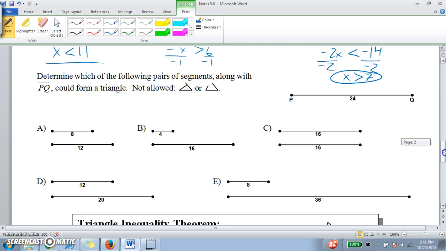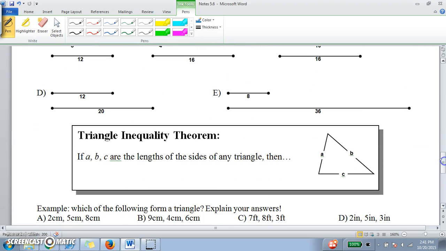Alright, we're going to skip over this briefly, talk about this, and then we'll come back to those lines up there. So the triangle inequality theorem says if you've got a triangle with side lengths A, B, and C, then any two sides must add up to more than the third side. So if I take any two of these sides,